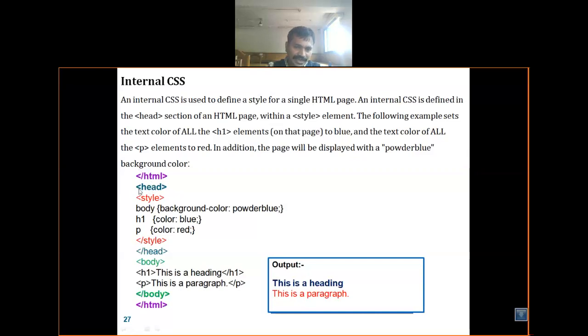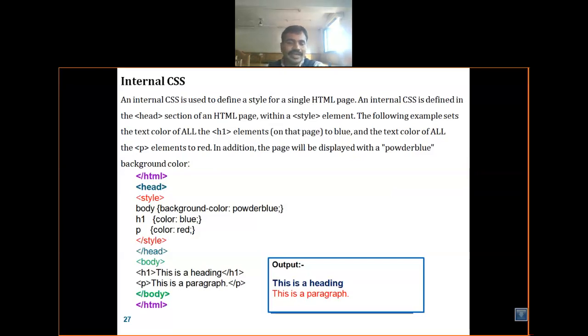So you can ask how we can use the internal CSS. You specify it within the head tags, and a style keyword is required. You write body, and you make a property as background-color. This is a reserved word, so it is specific, not user defined. So background-color is important. If you give a lot of space in between, the color is not displayed as you expected. You set the property for the body tag. Then you can use h1 with color: blue.